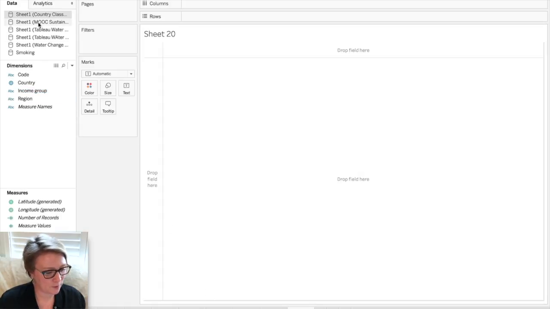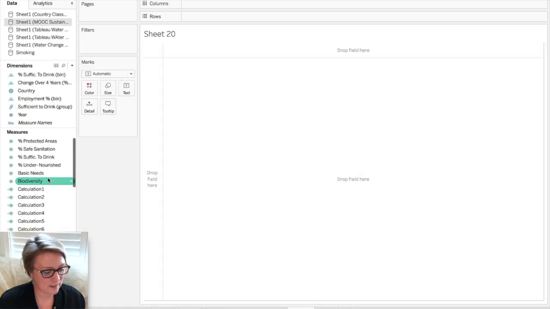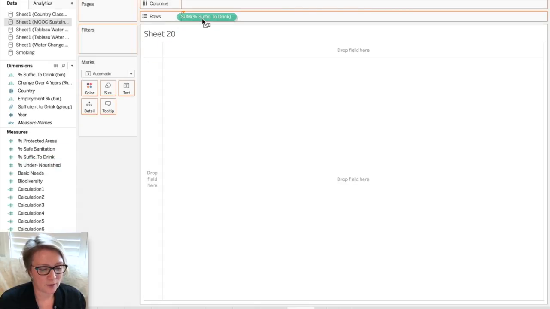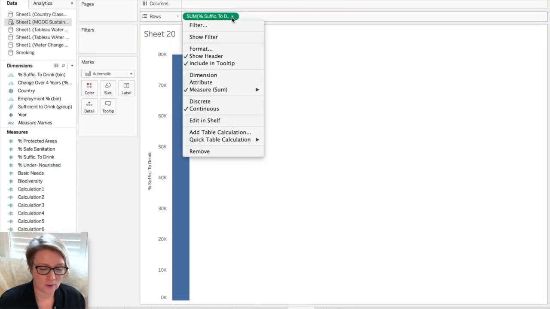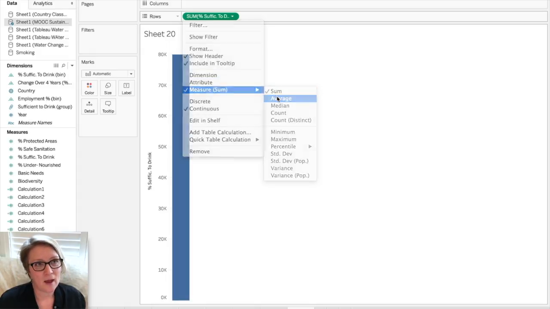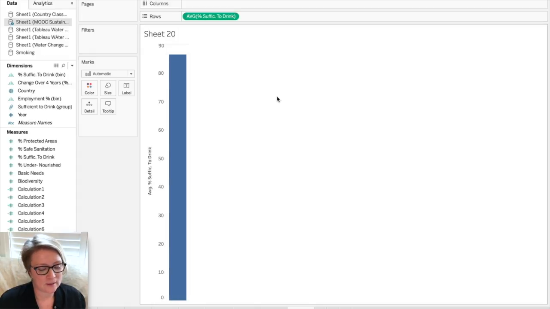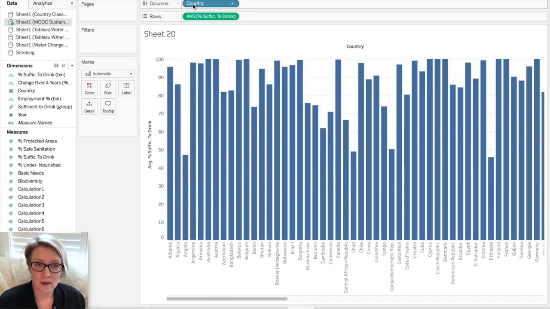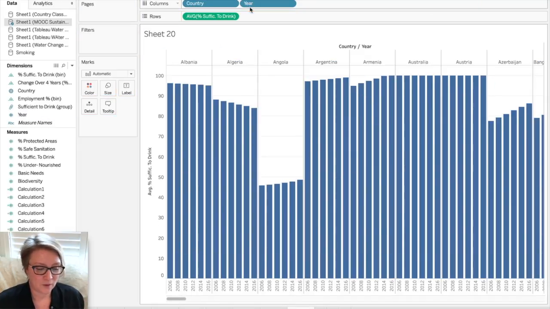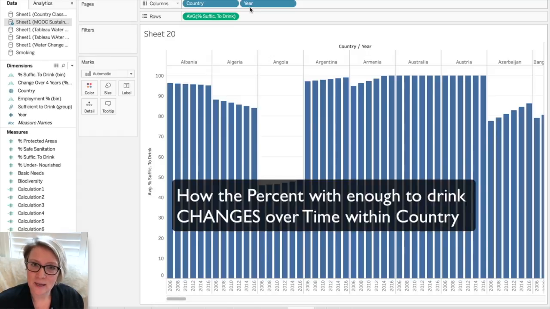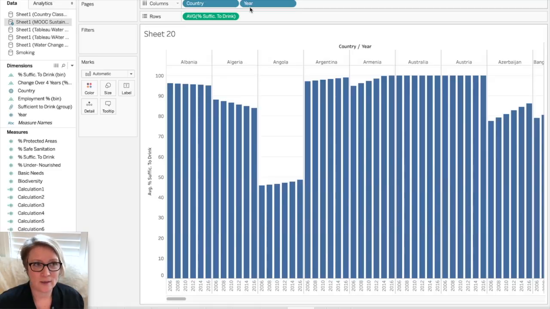We're still with our Sustainable Society Index data, and we're going to drag the percent sufficient to drink over to the shelf, and we'll take it as an average rather than a sum. And we also want to look at time and country. So first we're going to drag country over to the columns shelf, and we'll follow that by dragging year over to the column shelf. So now we're looking at how the percent sufficient to drink variable changes over time within countries,